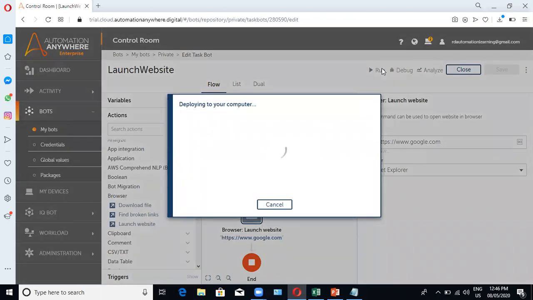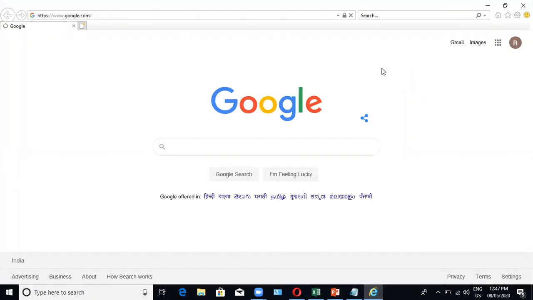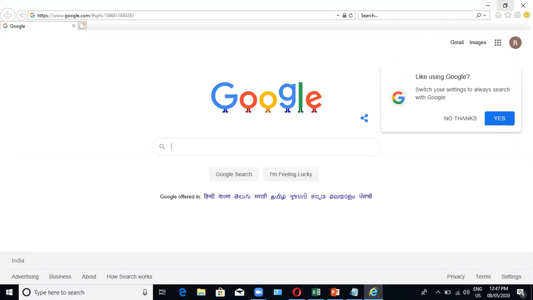It is creating packages at the backend, downloading all the dependencies. You can see the player got invoked, right? And it has opened the Internet Explorer browser and you can see the URL of Google getting launched over here.